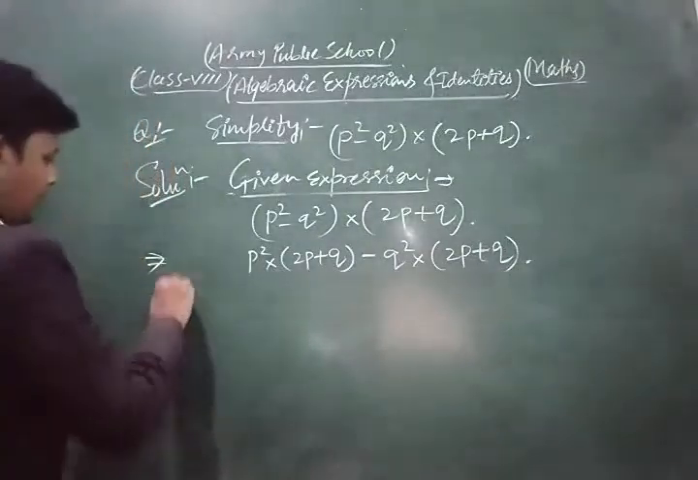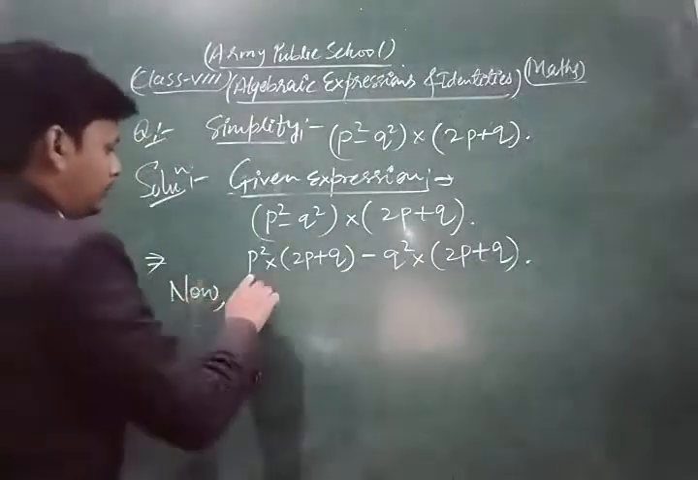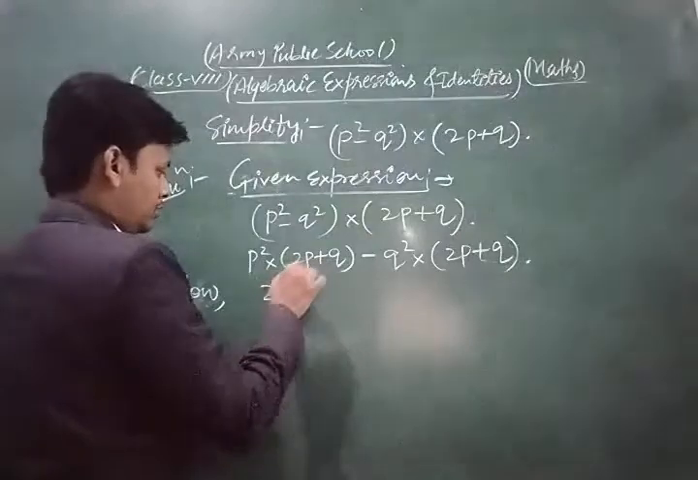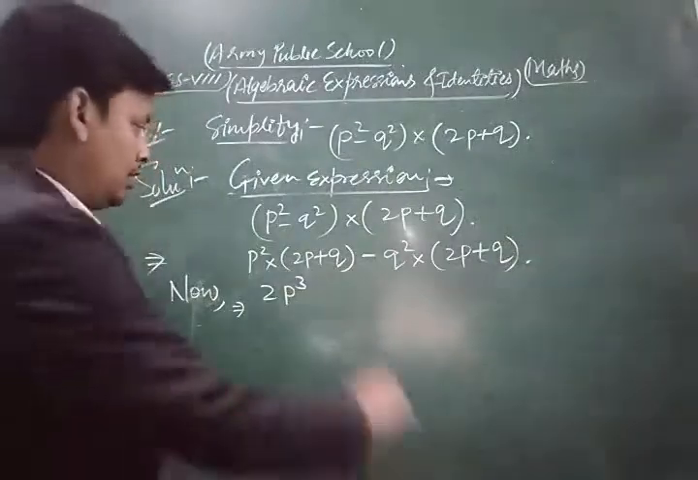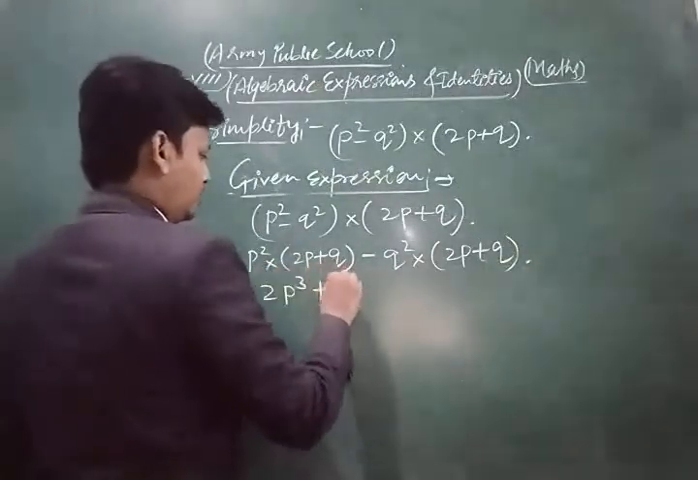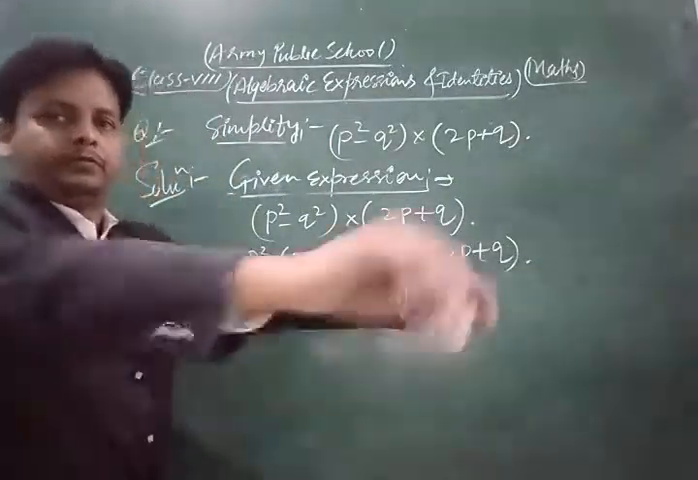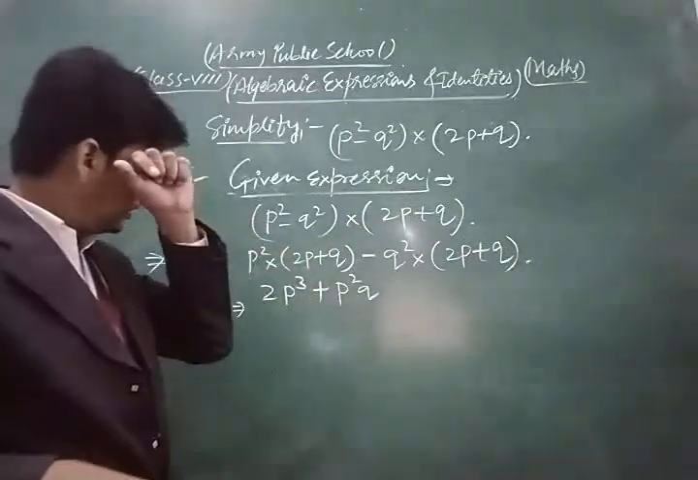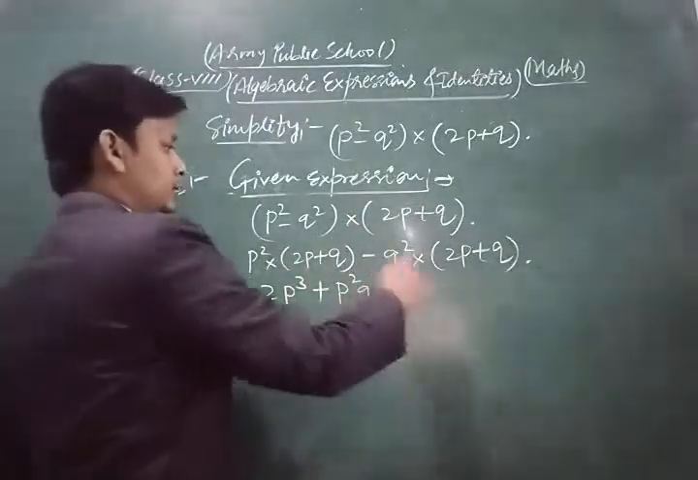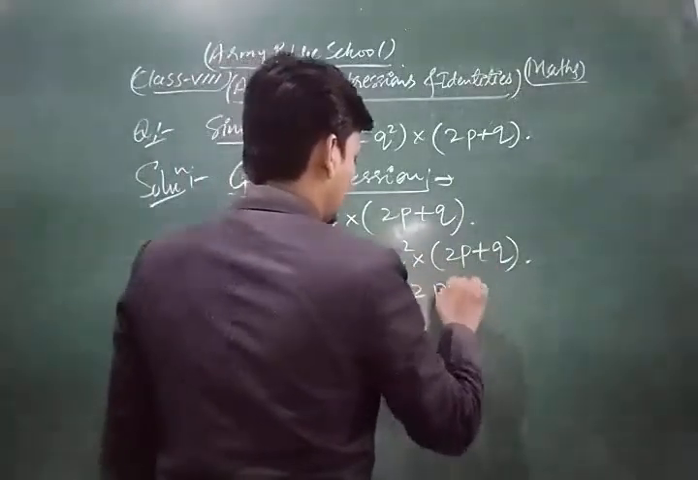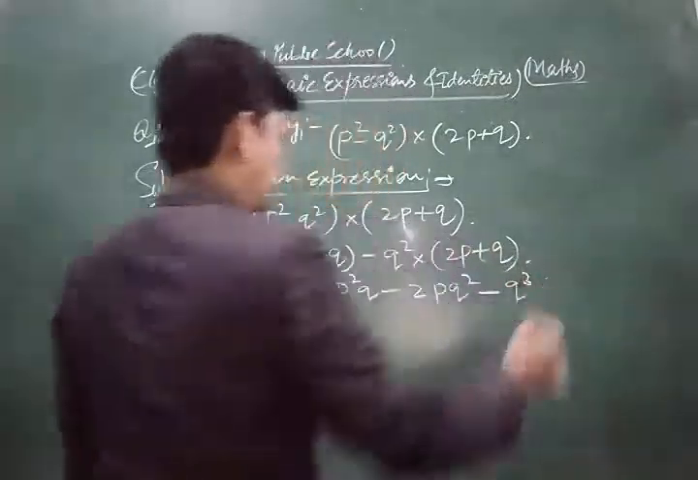Now p square into 2p, that is what? 2p square into p, that is 2p cube, plus p square into q, that is p square q. Now minus times plus is minus 2pq square, and minus times minus q square into q, that is q cube. Now look,